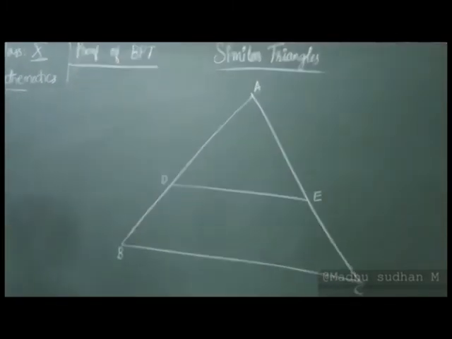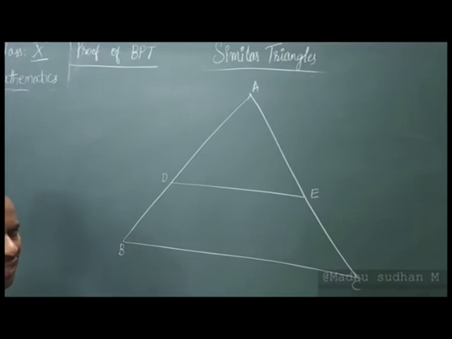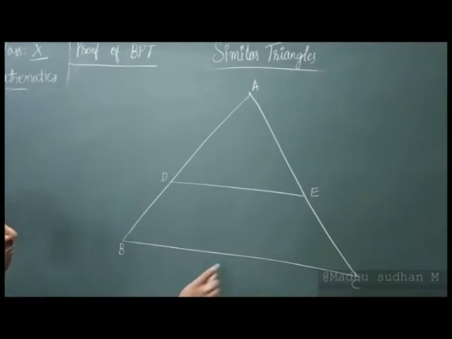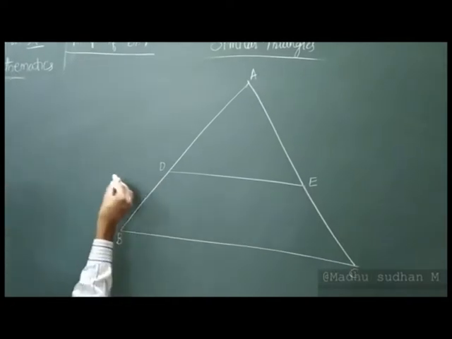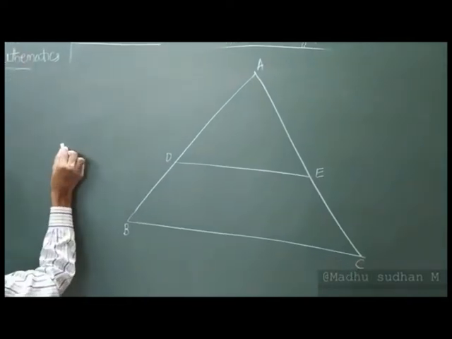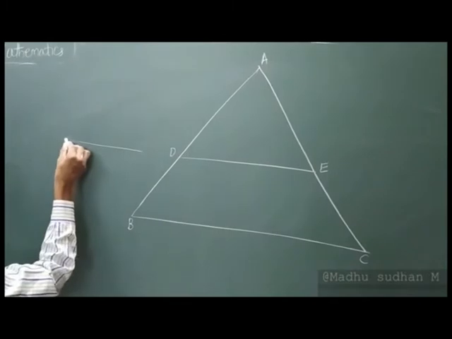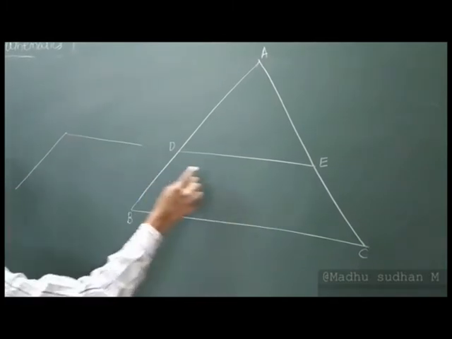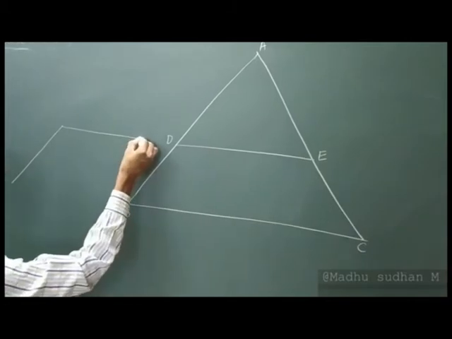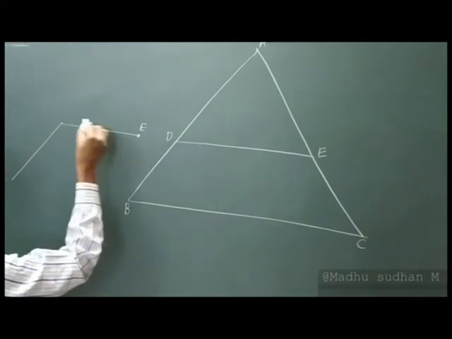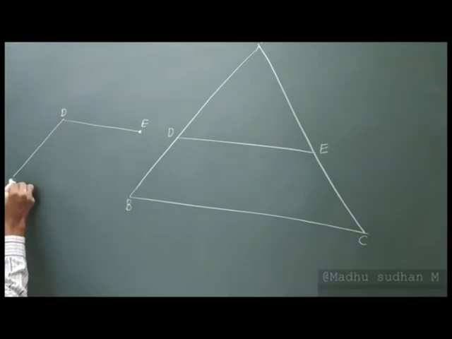Basic proportionality theorem. So please understand. So you can find E, D and B, right? So let me write in the same way. Let me write here. This is for your understanding. I think you can observe E to D and from D to B, right? So let me write this is E and this is D and this is B, right?